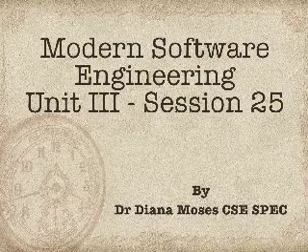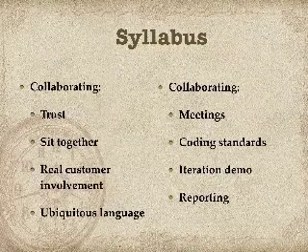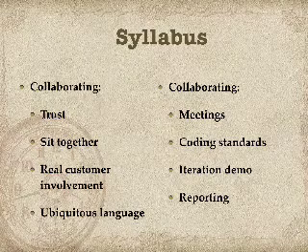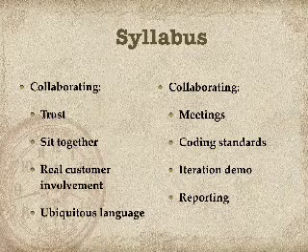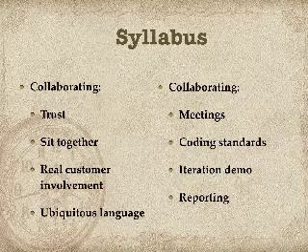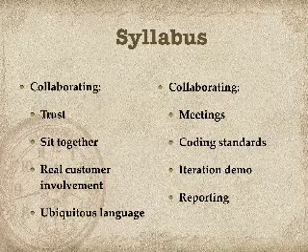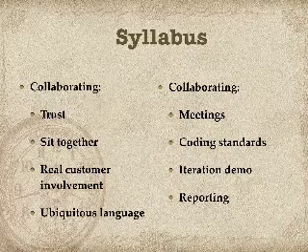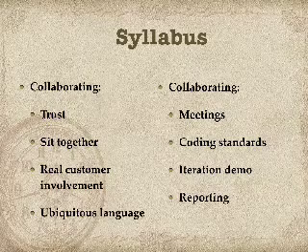We have been dealing with units 3, 4, and 5. We have completed revision of all of them. We are starting with the revision on Unit 2. Unit 2 is about agile development, and in the agile development environment, how do we establish collaboration is what we are going to see in Unit 2. What are the strategies we can adopt in coming up with a very good collaboration inside agile teams?